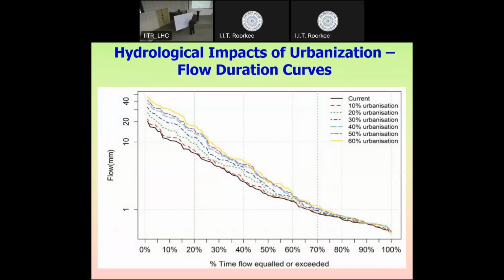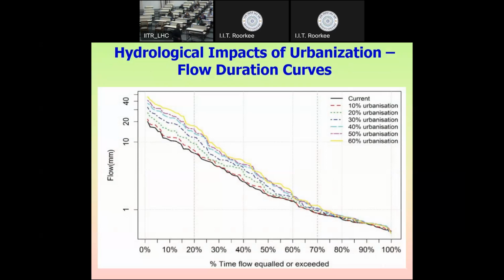Similarly, we can have some other points. Let's say 50%, and this may be 30. So 50% of the time, about 180 days, the flow in the river is 30 units or more. This is a way to represent the variability of flow in the river, and it has various uses. One use is to compute how much energy can be generated from this river, if we have to generate energy, what kind of machines we should use, and so on. So this is a very useful way to present the flow behavior, and this is called the flow duration curve.